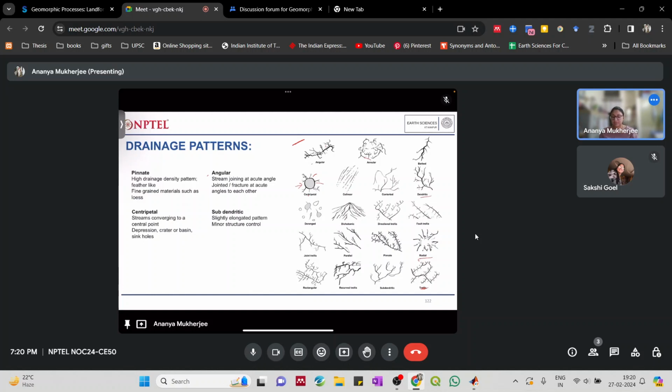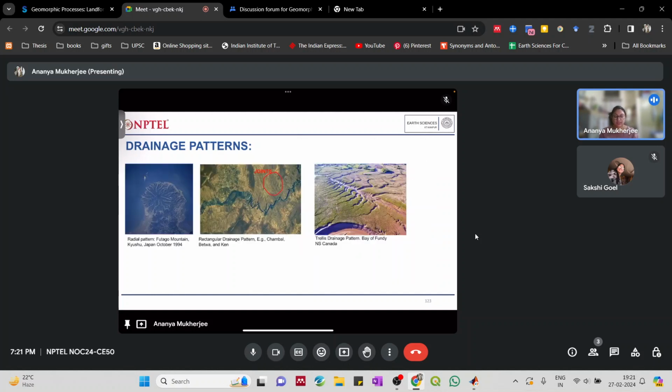You can see that these are some of the real life examples as we see. So you can see the radial pattern over here. Okay, so the lines that we see are actually along the river channel. All the deposits that are forming along the channel can actually be seen from, say, satellite. These are satellite imagery that we have. Okay, so you can see how there is a radial kind of pattern that is followed by the different